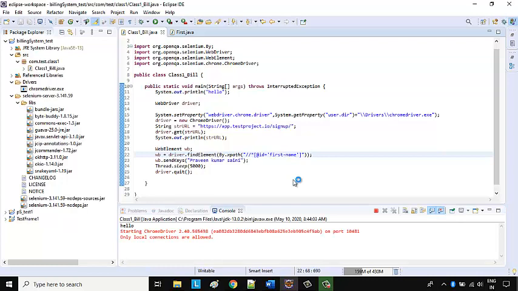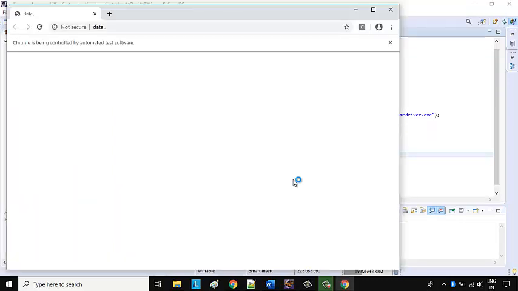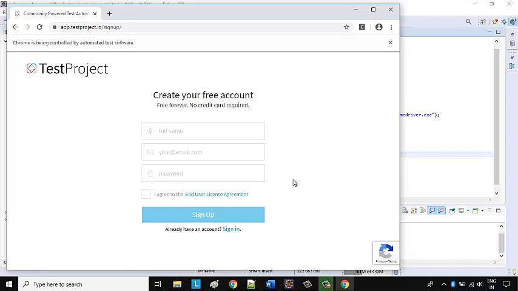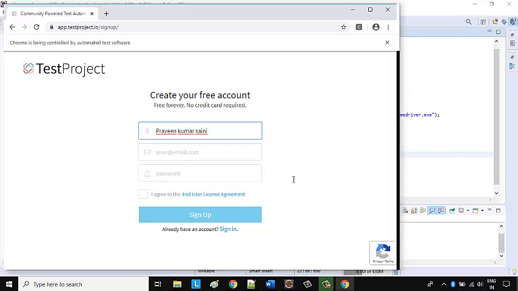It will just launch a browser. Yes, now it navigates to the site, and after that it will put the value, and after 5 seconds it will close the browser also. Yes, now it's done. Okay, so you can see now it's done.